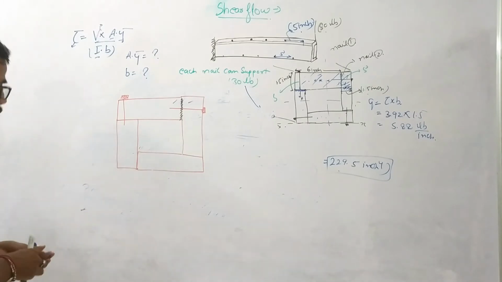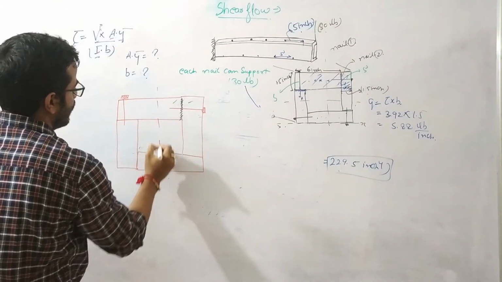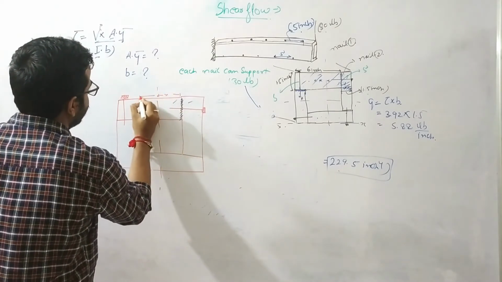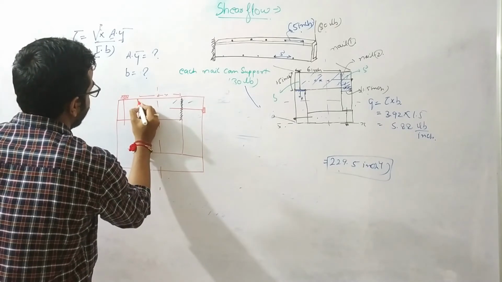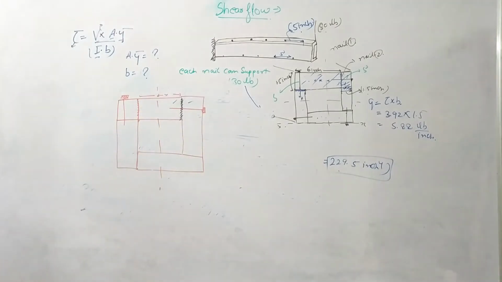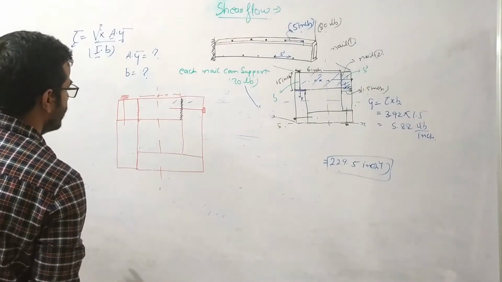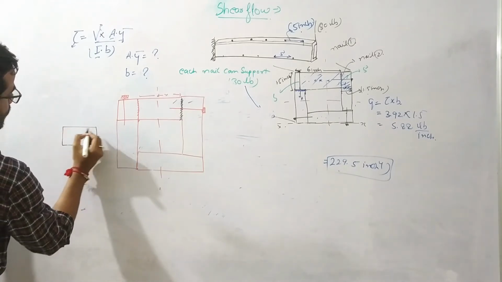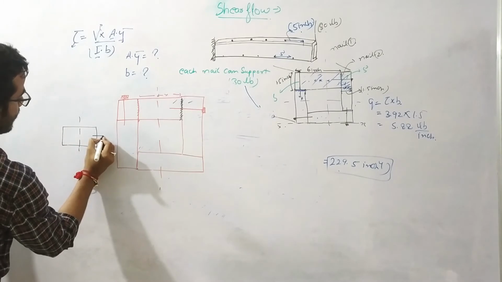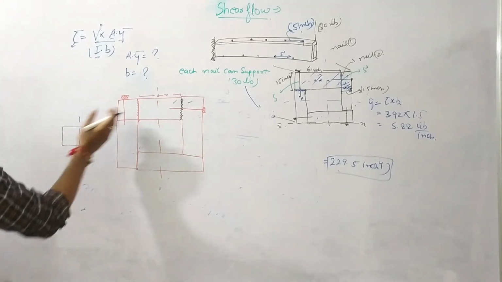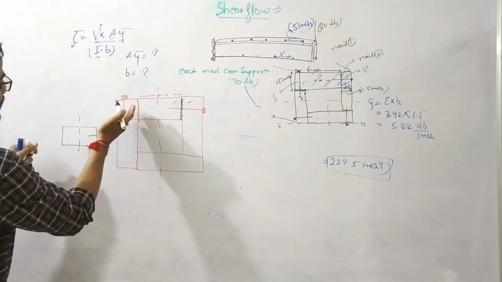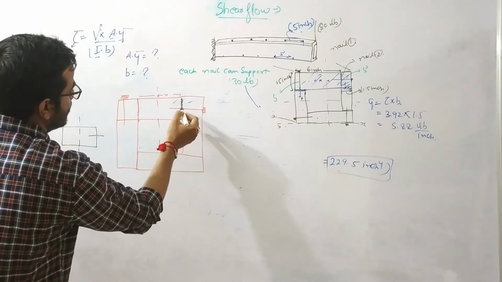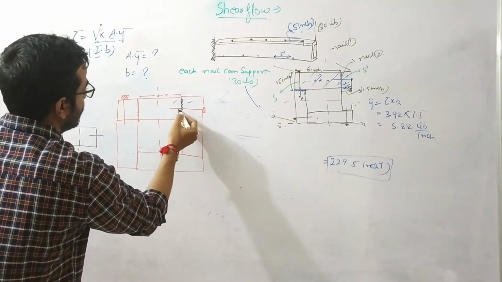Now this is our line of symmetry. Similarly, at a distance of x, I can take one more section at this point x, where I'll cut the section. Now, if I take out this cross section, it will look like this. Here one nail is provided. Here the resistance is taken care of by the resistance provided by the fibers. And here the shear resistance is provided by the nail.